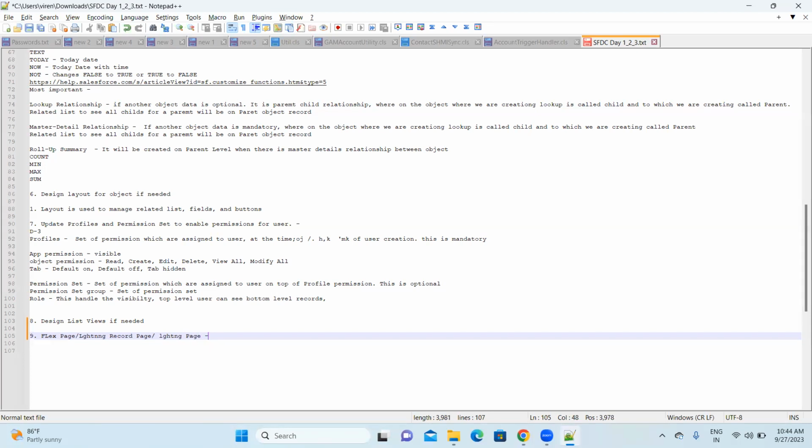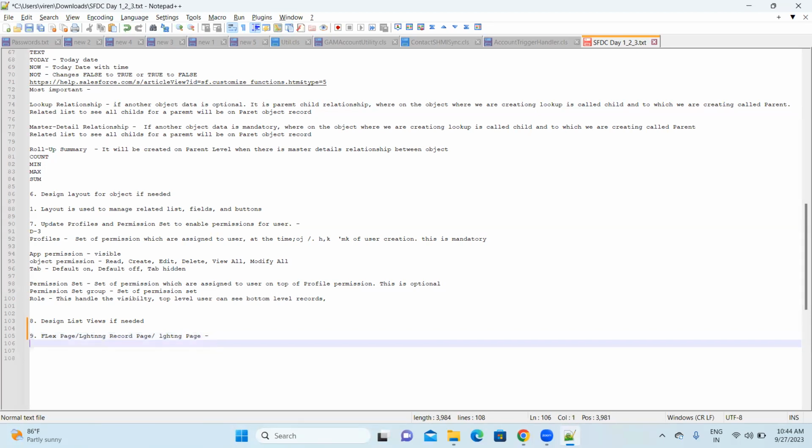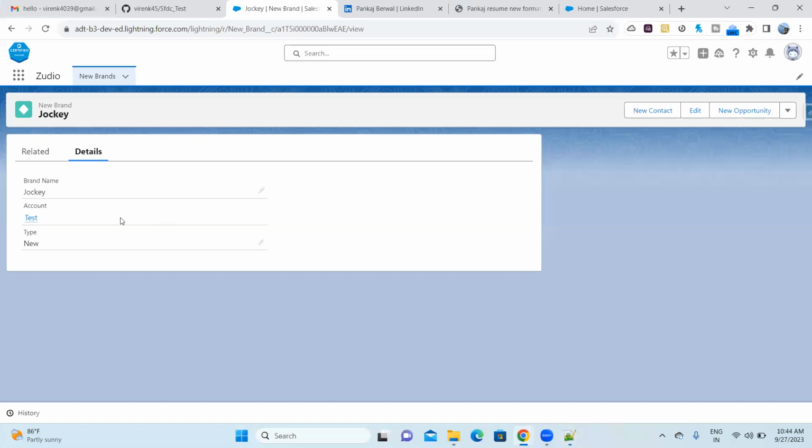So this is all the same thing. This basically helps to design the UI, on top of the layout. Whatever is given by the layout, you can still design in the flexi page in a more